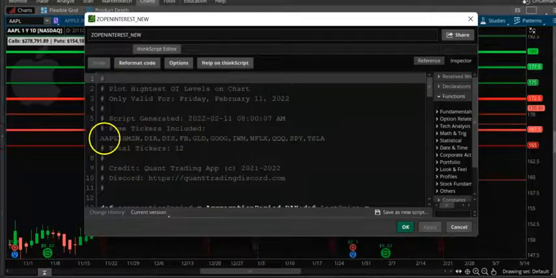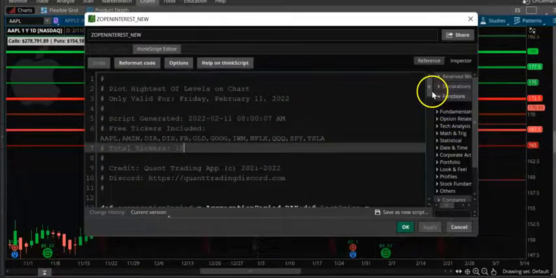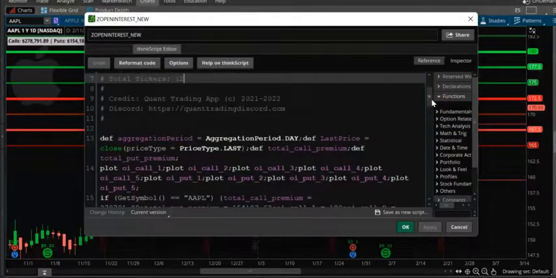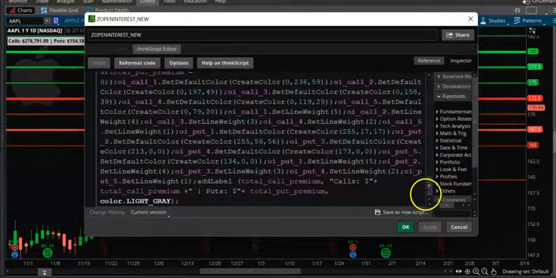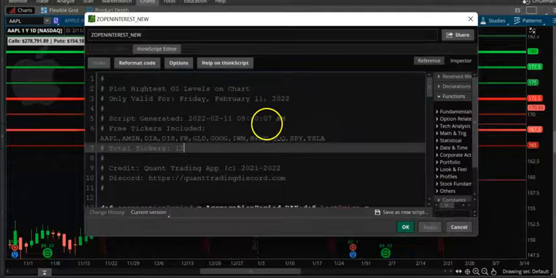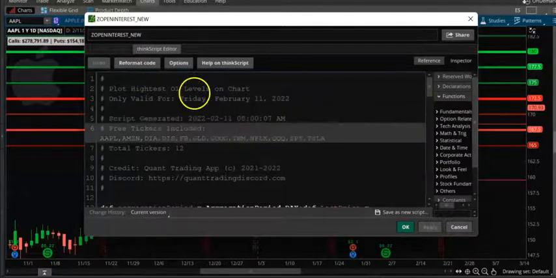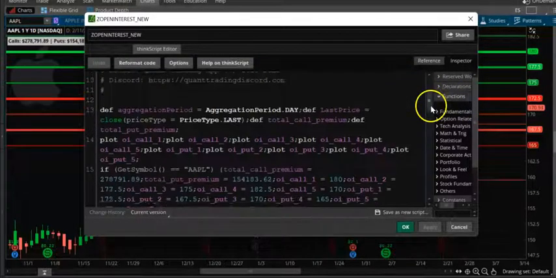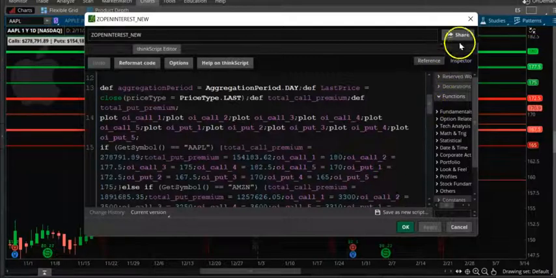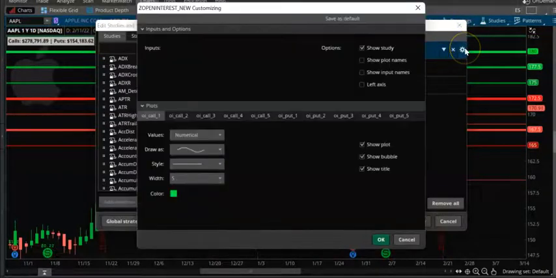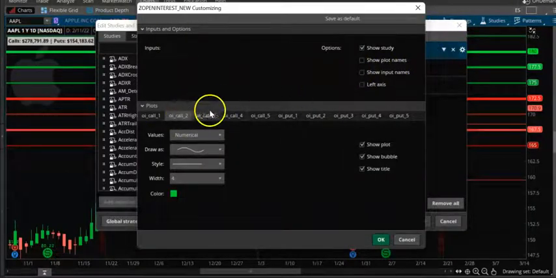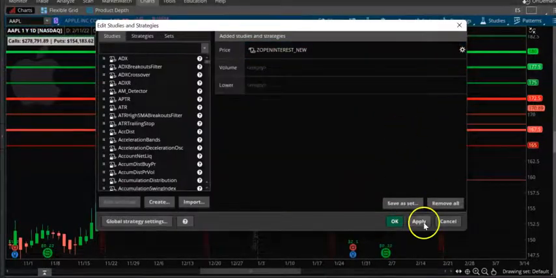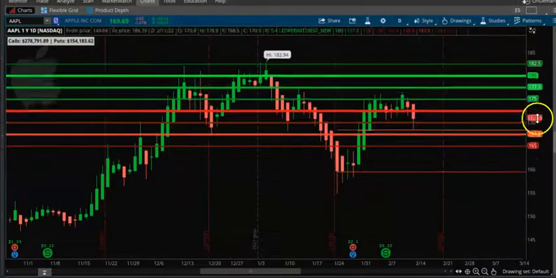Here are the stocks. Only 12 stocks will be analyzed. If you go here, you have to copy this code every day. If you look here, the aggregation period is ordinarily set. So what this means is basically